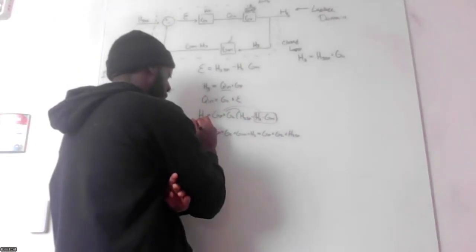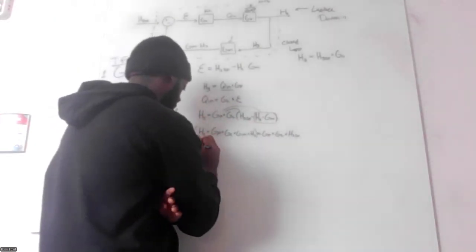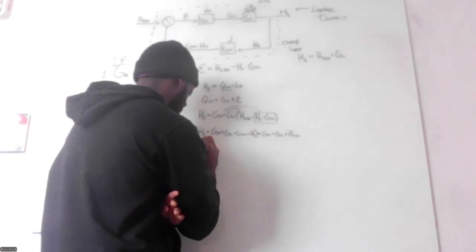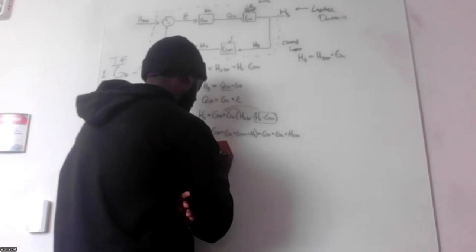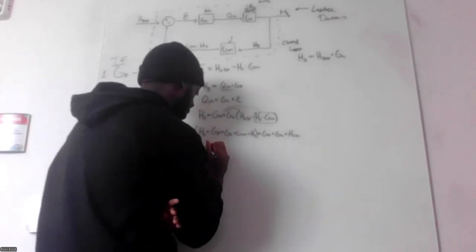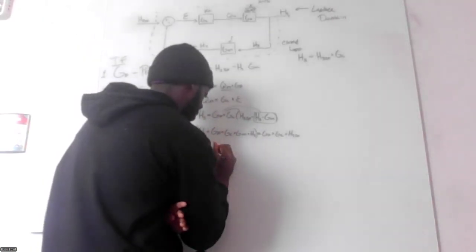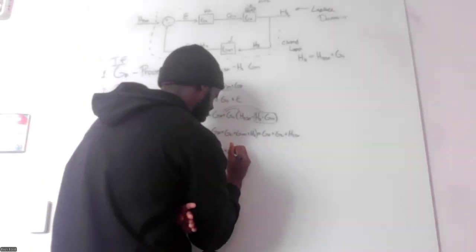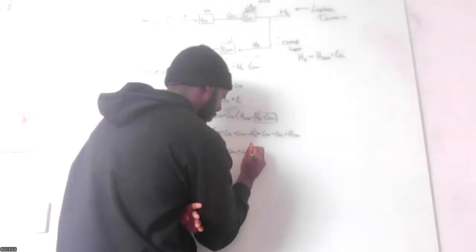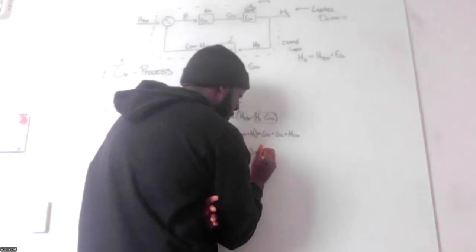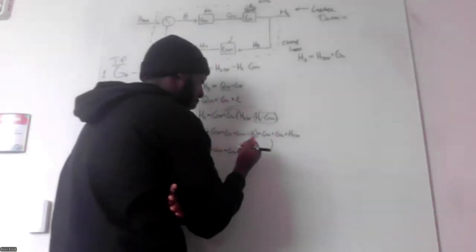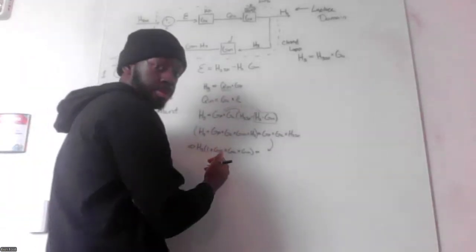And then we just factor this to H3. You will get H3, and then the parentheses will be 1 plus GP times GC times GM. And then the left hand, this is 1, so that's not going to be in the parentheses anymore. Then everything on the left hand side will come down here. Okay, so we divide this by the other side. We get